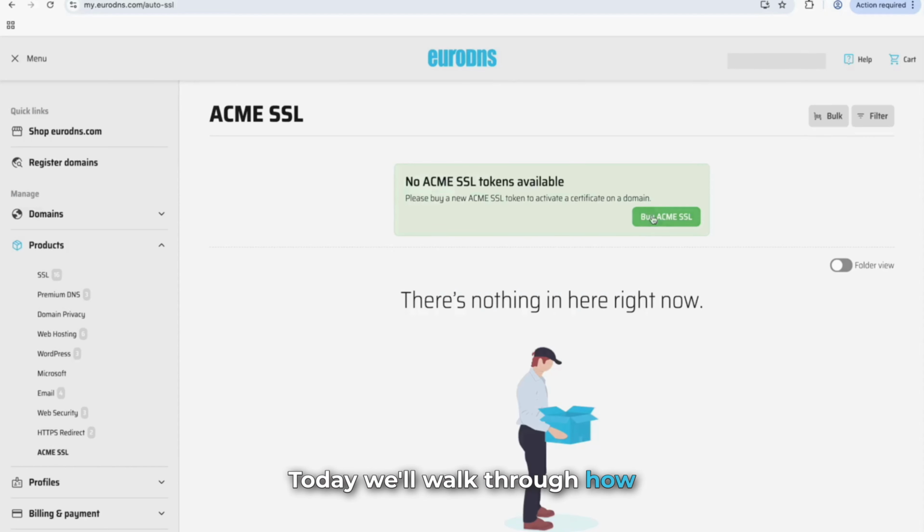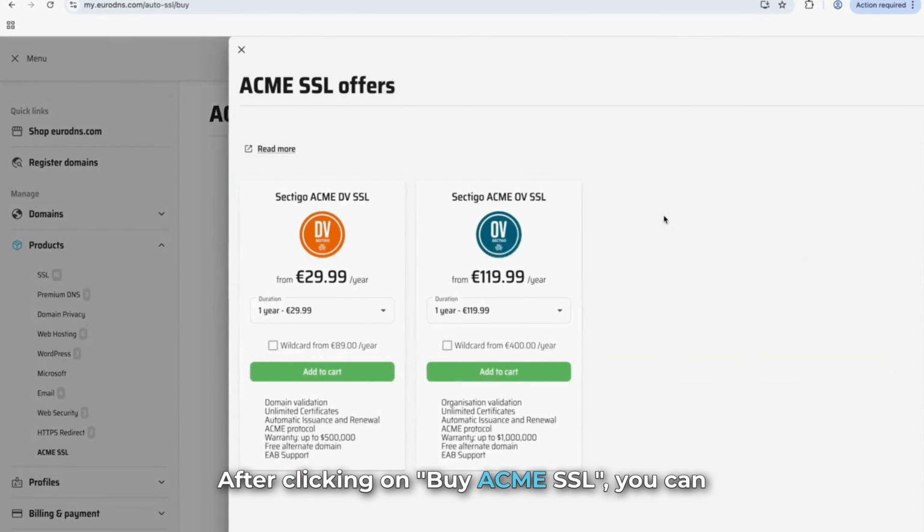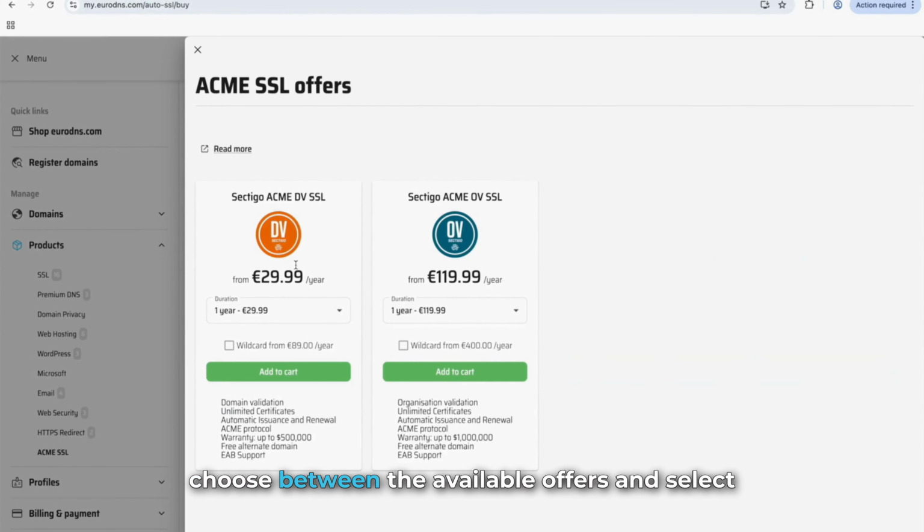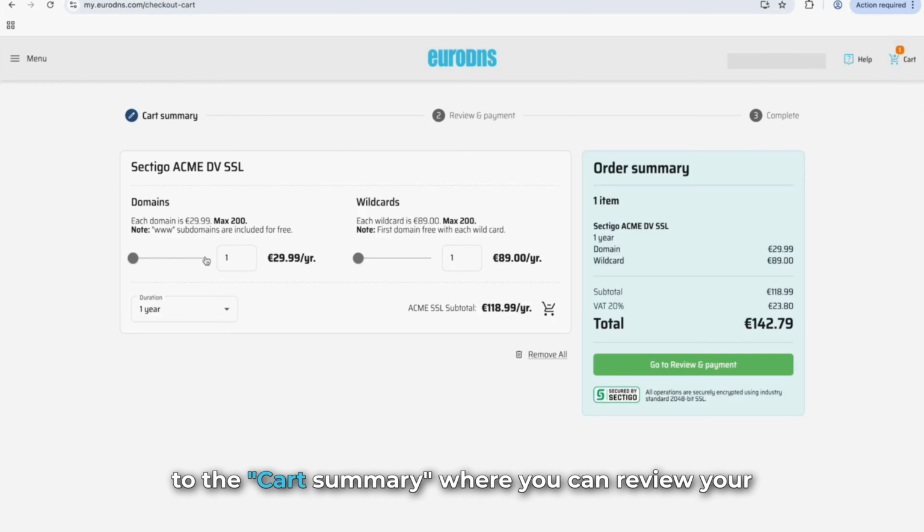Today we'll walk through how to purchase and set up ACME SSL. After clicking on Buy ACME SSL, you can choose between the available offers and select your preferred subscription duration. You also have the option to add a wildcard certificate for an additional fee, depending on your needs. Once added to your cart, you'll be redirected to the cart summary, where you can review your selection and adjust